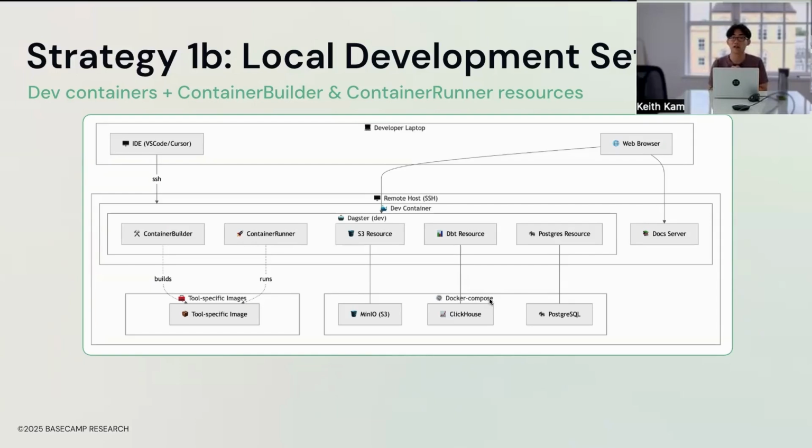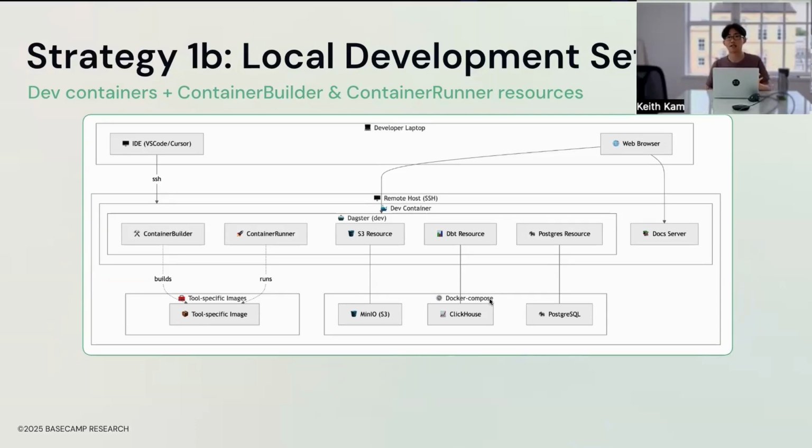And it allows you to define a specification for a reusable container that you use to host your repo as you develop so that you have all the dependencies built in, but it also allows you to spin up associated services using Docker Compose. And we use that to have a local environment that matches as closely as possible our production environment so that we can test integrations between, let's say, Dagster's runtime interacting with S3 or Dagster interacting with our